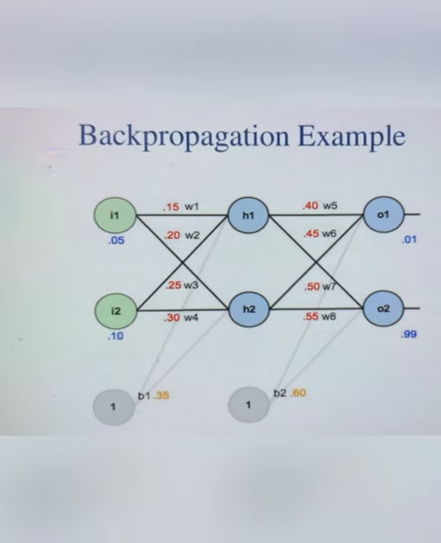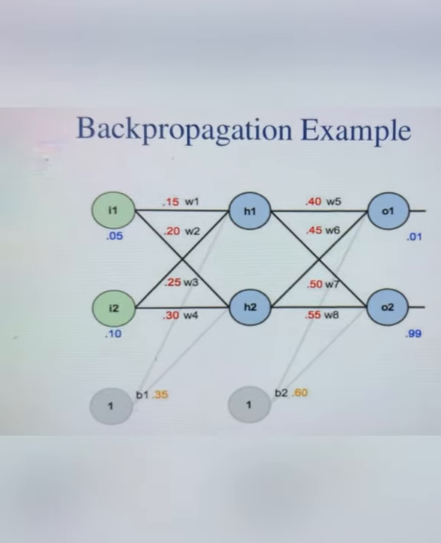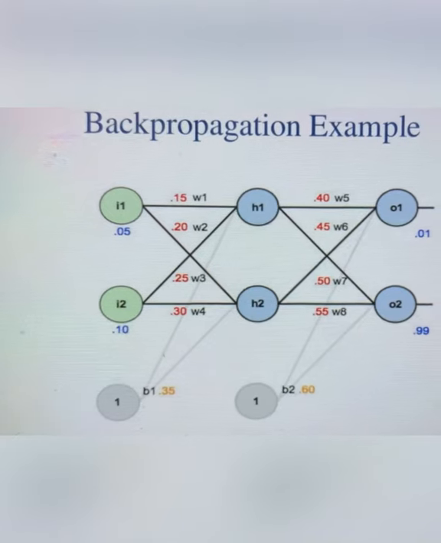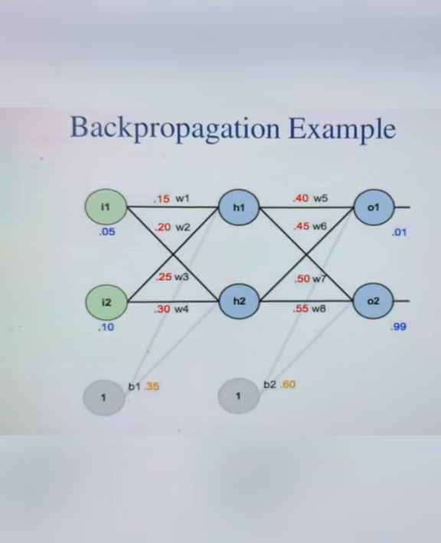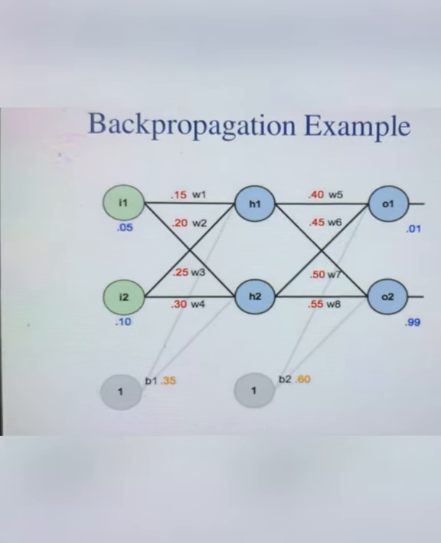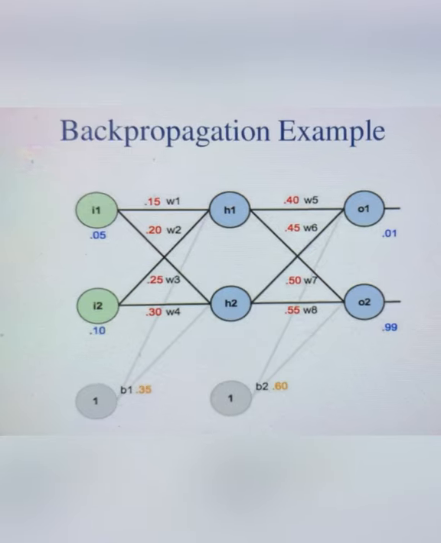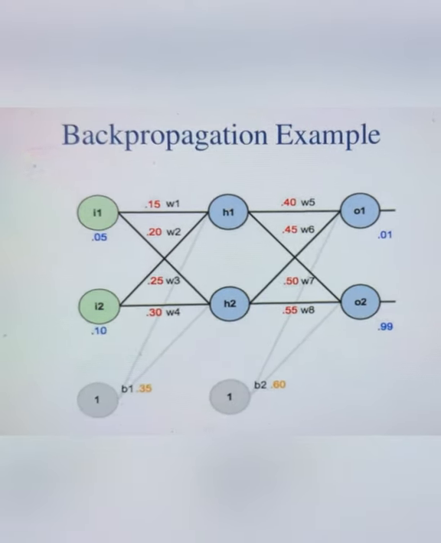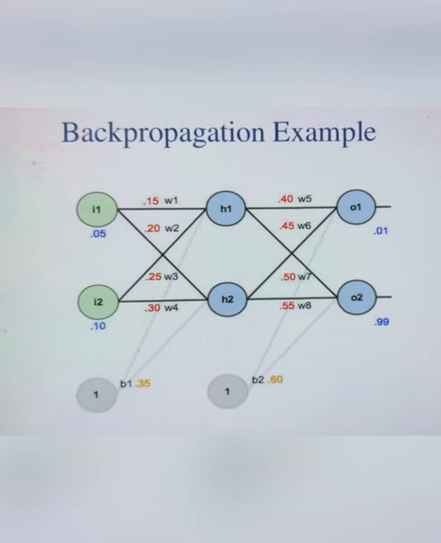There are three layers. The first one is the input layer and the second one is the hidden layer. The third one is the output layer, and we can see there are two biases, B1 and B2, mentioned in gray color. Each of them has its own value. Here we can see there are four weights between the input layer and hidden layer, as well as four weights between the hidden layer and output layer. So these are the complete values and the complete example we are going to discuss today.